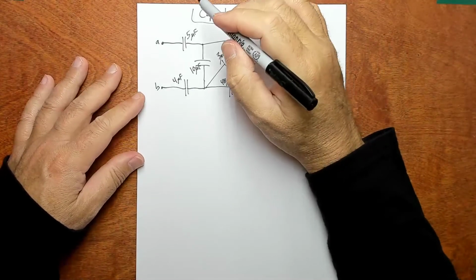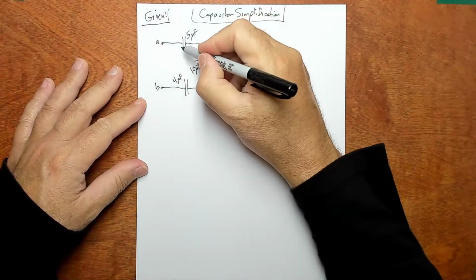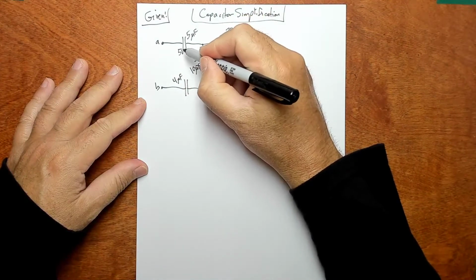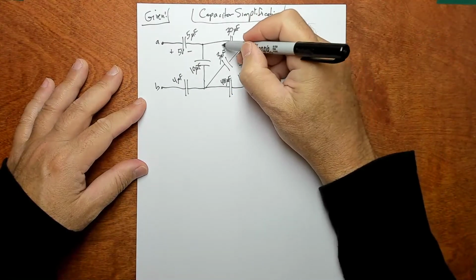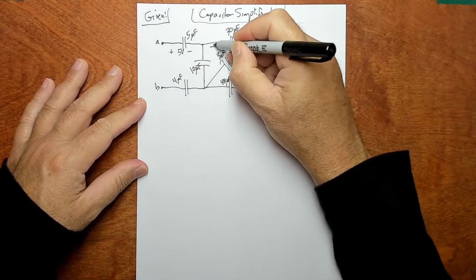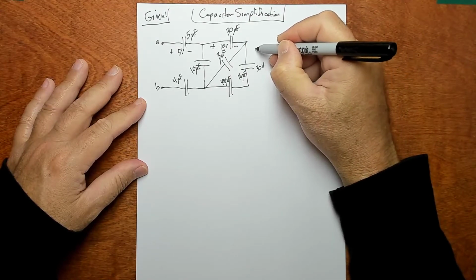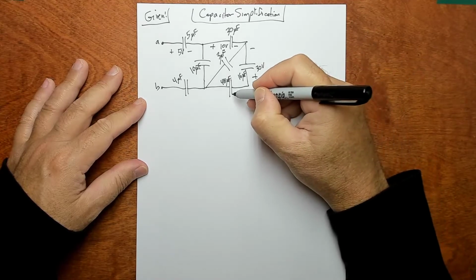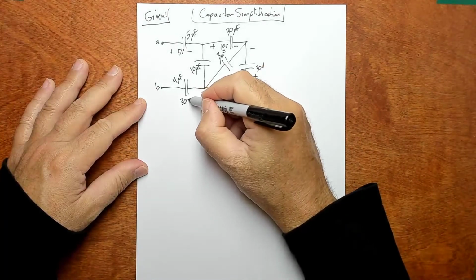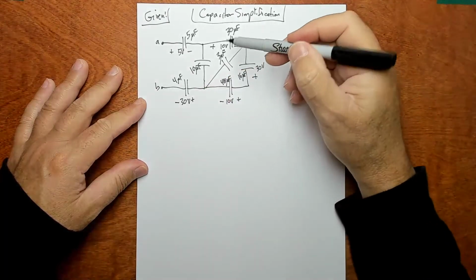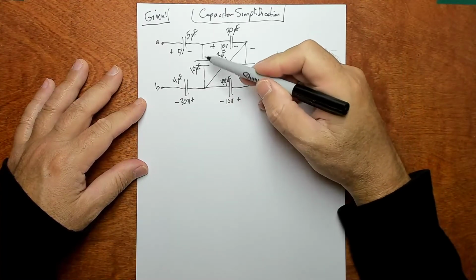But to make it more fun, they've given you the voltages across each one of these, and they're going to ask you to keep track of that. So there's 5 volts across this one, and there's 10 volts across this one, and there's 30 volts across this one, and 10 volts across this one, and another 30 volts across this one. So they haven't given you all the voltages. Like this one here they're not giving you, and this one here they're not giving you,